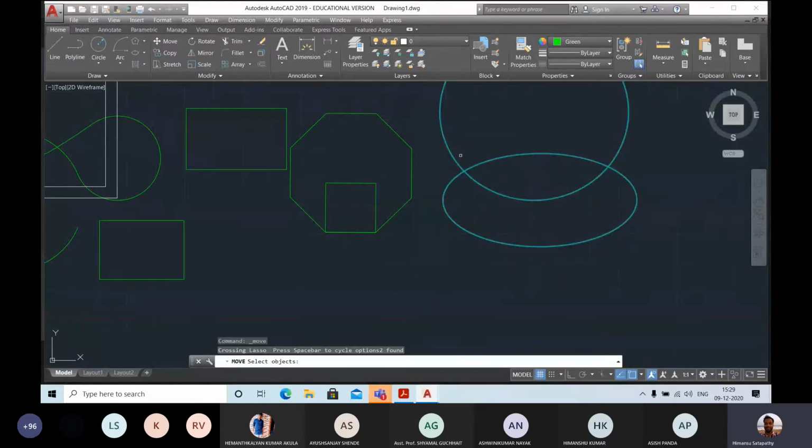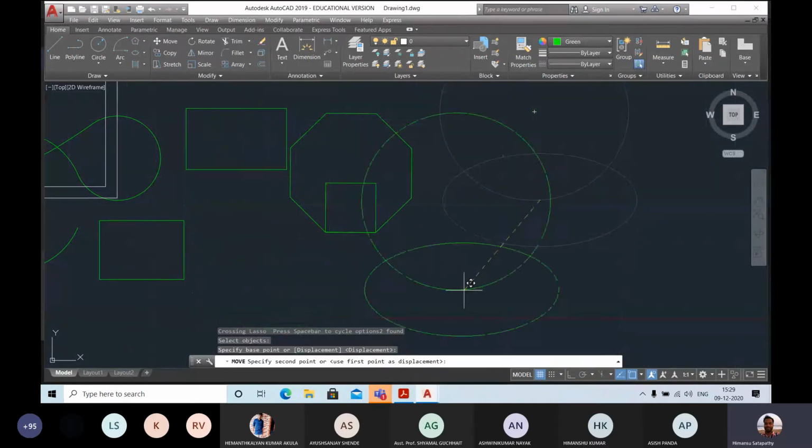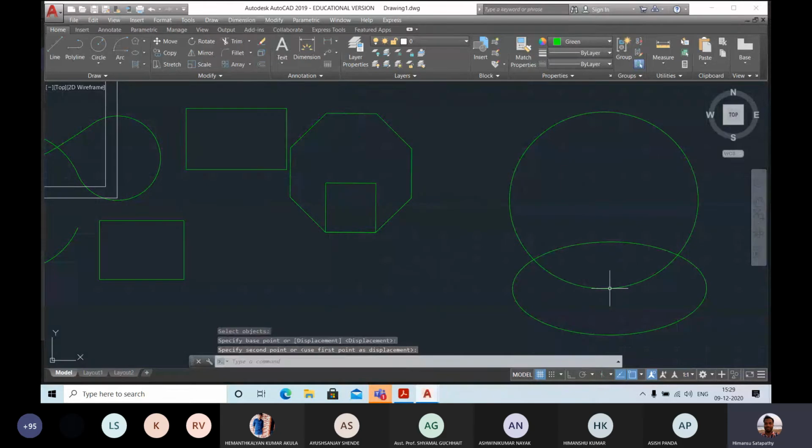I just select the object, then press enter. Then it asks, please make a habit of reading the command line. It asks to select a base point from where you want to move. I just select this point, and I can move this anywhere. So it is the move command.